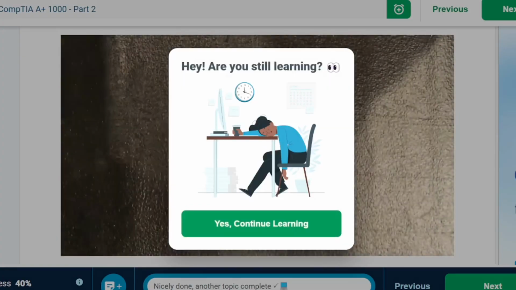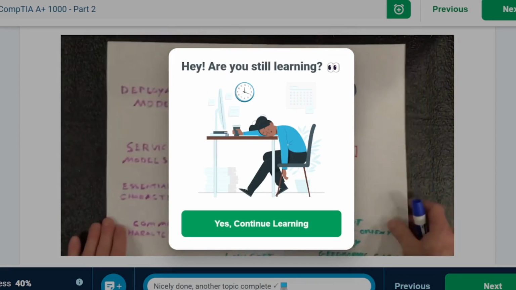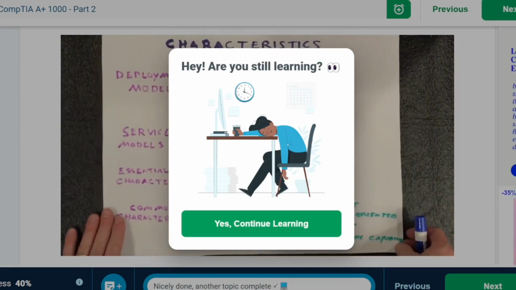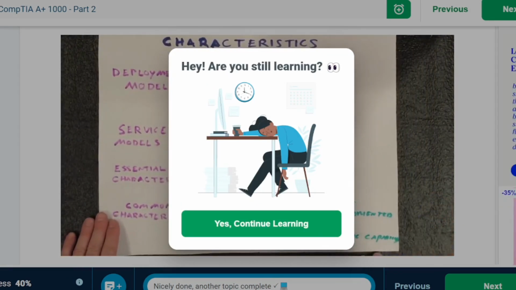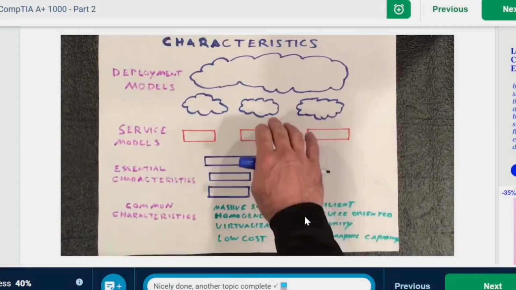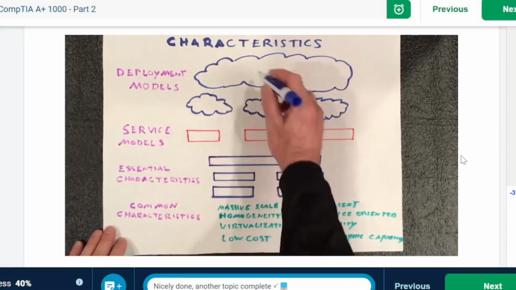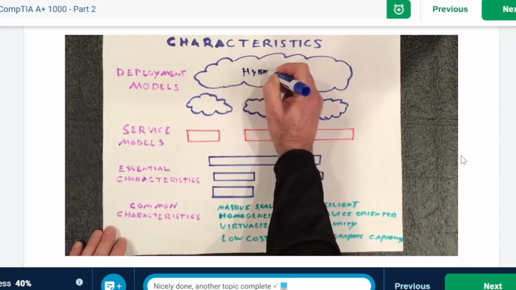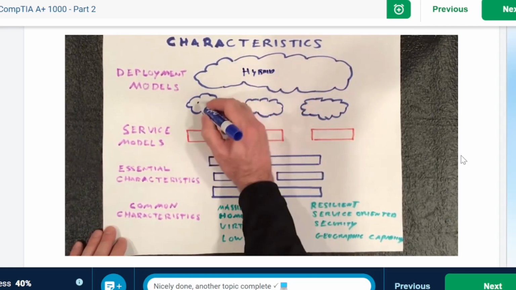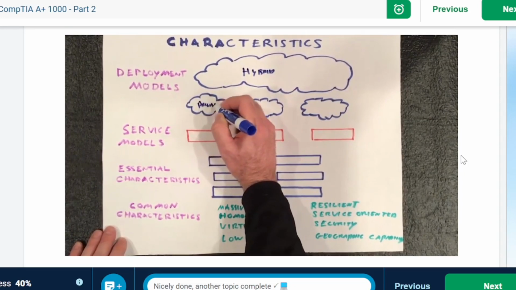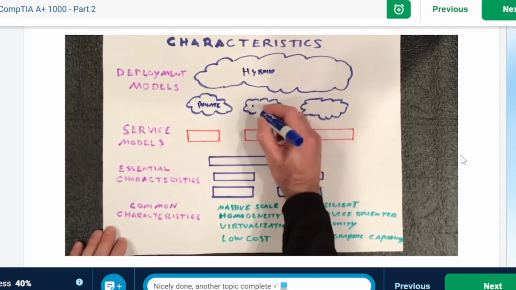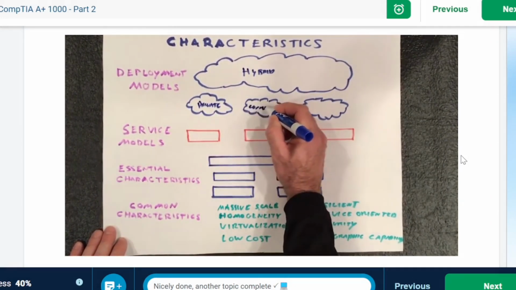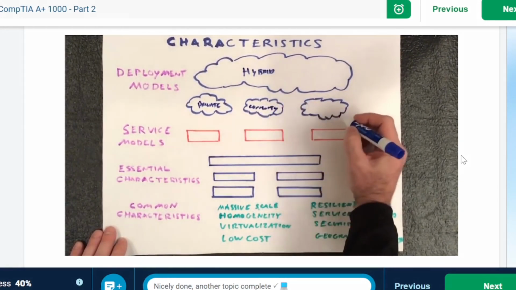Next thing I wanted to show you was just to go over the characteristics. And we talked somewhat about the characteristics in our lecture, but it's important to understand how these really piece together. What type of cloud are people going to have? So your overarching combination of these would be your hybrid. Included with that, you've got your private, then you've got your community, you've got your public.